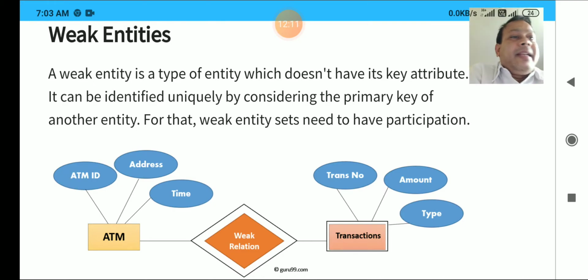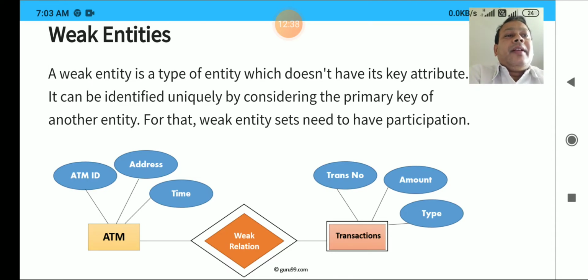So the weak entity is very clear: the entity that is stable which doesn't have a primary key. What about strong? Strong entities are the entities that are stable and have a key, that is, a primary key. And in a given table, we cannot have more than one primary key. The maximum number of primary keys for a given table is one and only one.